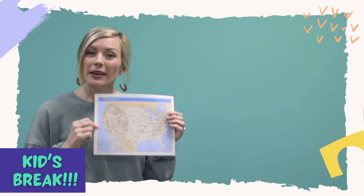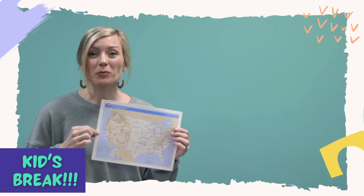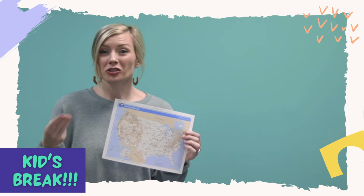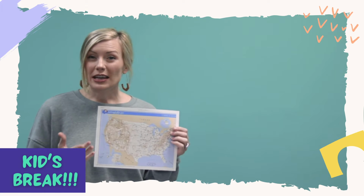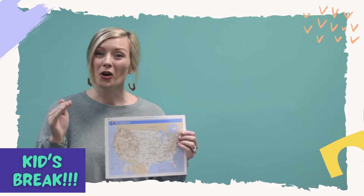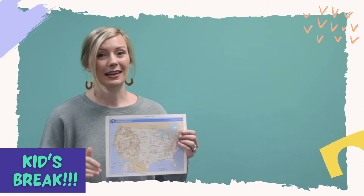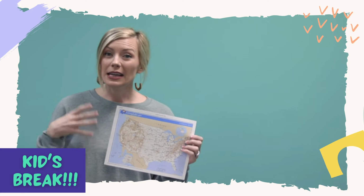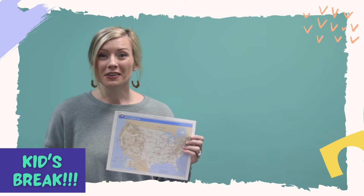If you moved to a new town, you would buy a map to help you get to places like school or work or church. If you went on vacation, you would get a big interstate map to help you get from your home to somewhere super fun like Disney World. And then once you got to Disney World, you would get another map to find all of the different rides